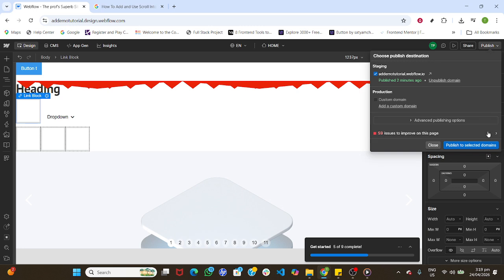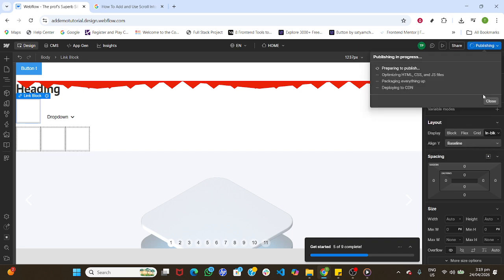When you're satisfied, it's time to make the change live. Click Publish at the top right, then choose Publish to selected domains. Webflow will push your update, and from now on, clicking the Navbar logo will return visitors to the home page just as they expect. That's it. You set the logo's link to your home page, kept the